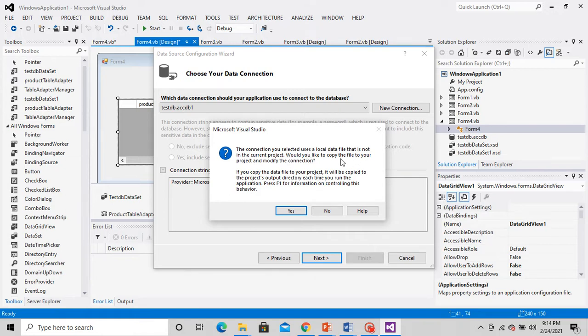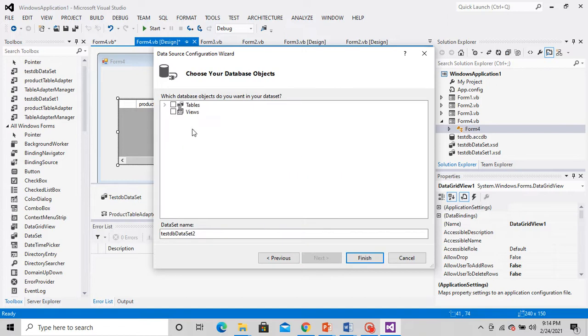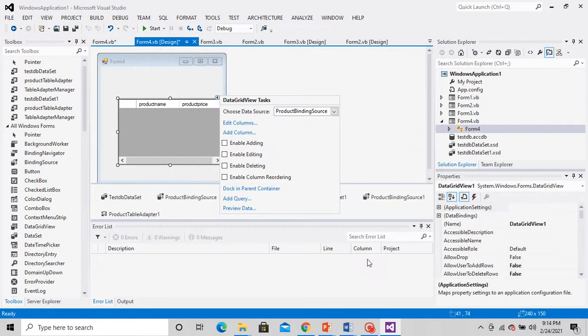Would you like to copy it to your project? Don't do this. Click on no here. Now next, now click on your table. My table is the product, so finish.